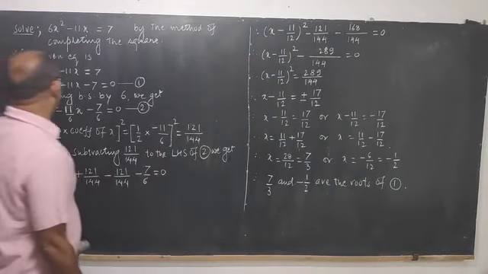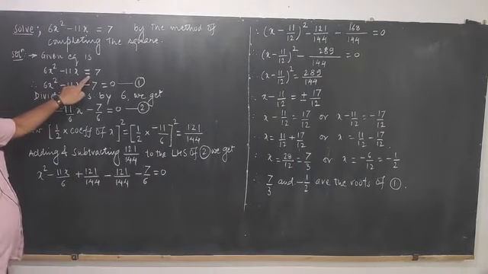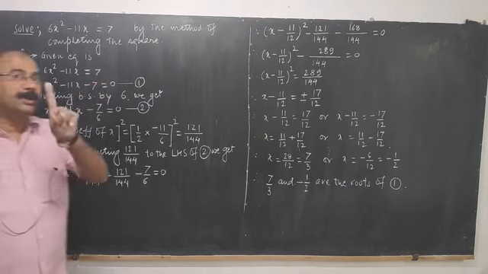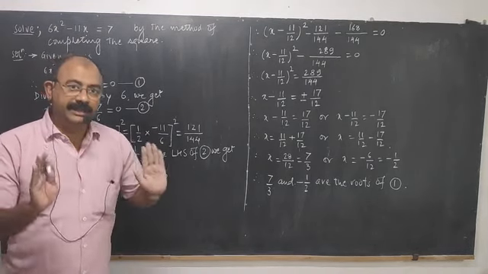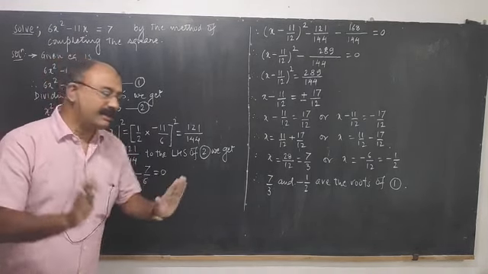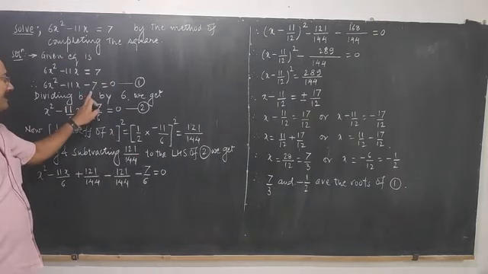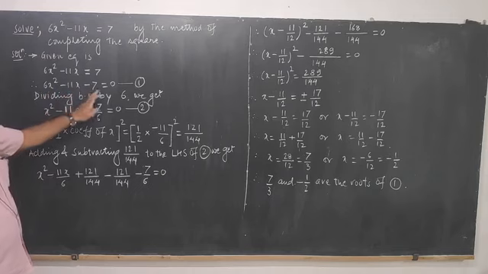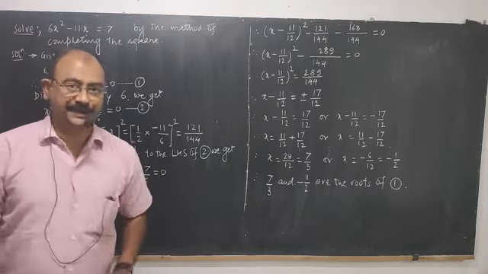So we wrote the given equation. In the given equation, the constant is written on the right side. But step number 1 says that rearrange the equation in the general form. So we transferred this minus 7 to this side. So it is in the general form ax square plus bx plus c equal to 0. So that is the first step.